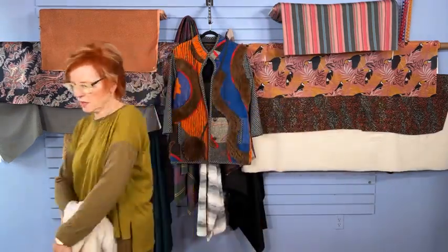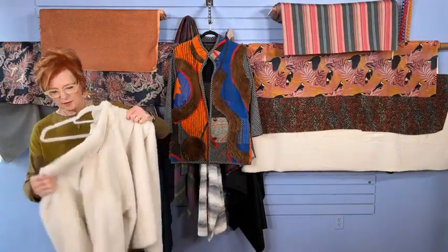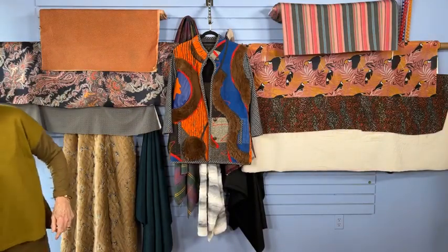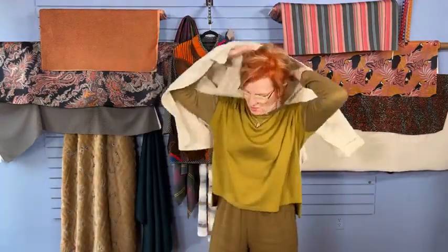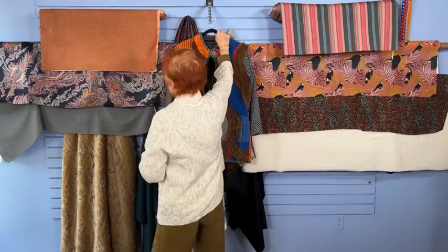So anyway, I wanted to show you this. I started by looking at the furs, and then I decided I would put together 2 different schemes, adding some plaids, some wools, and some novelty fabrics. And when it was all said and done, when I put it up on the wall yesterday, I realized that these 2 schemes all work together. So I don't know what I was thinking, but I'm going to show you both. All right,